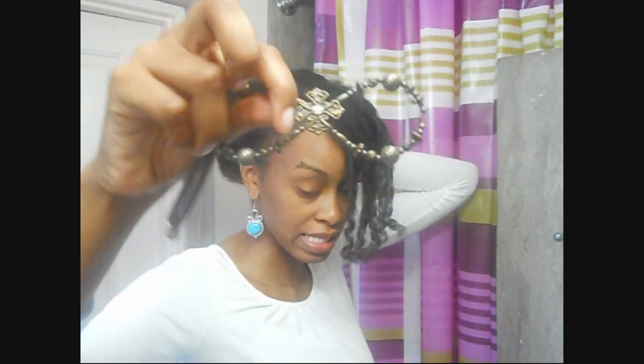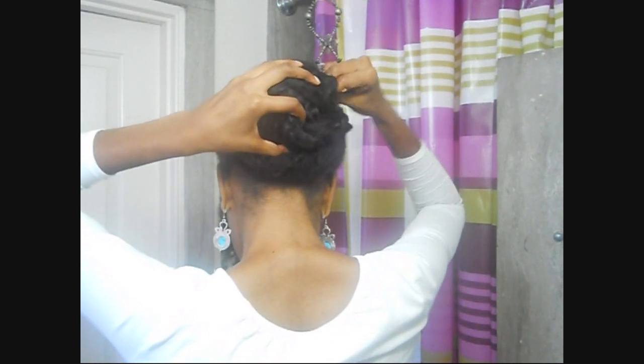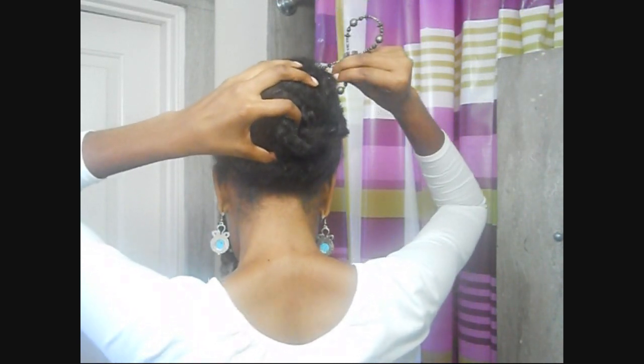One of my favorite hair accessories, as many of you know, is my Flexi hair accessories. You can use those as well. Sort of stick those through. Now I'm kind of messing up the bun, so I'm going to be more gentle if you're going out, but